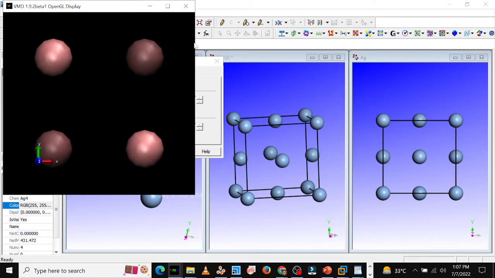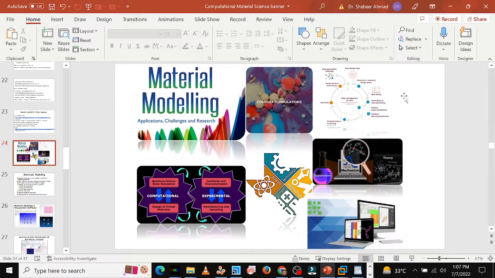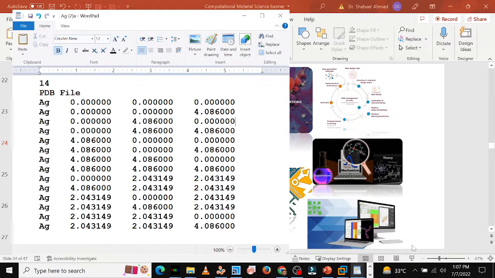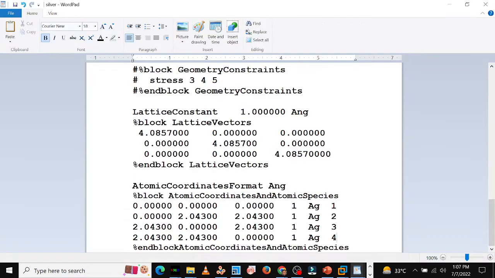This file, when we processed it in Vista, showed the wrong number of atoms, but I already showed you that. Here this Vista-generated XYZ coordinate shows 14 atoms, while this unit cell actually has 4 atoms, which VMD correctly produced. So here you can see this 4 represents the number of atoms in this structure. And here we write up this